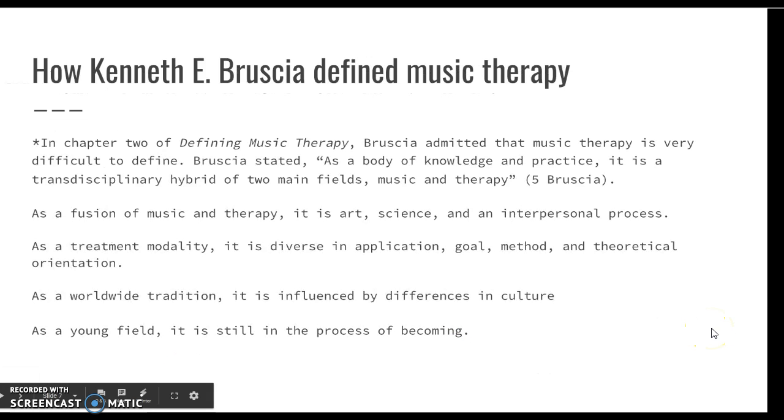So one of the authors of the text, Kenneth E. Bruscia, sorry if I'm saying his name incorrectly, but this is kind of how he looked at music therapy. I really, really like his stuff, so I'm really excited about this text. In the second chapter, defining music therapy, he admitted that music therapy is very difficult to define, and